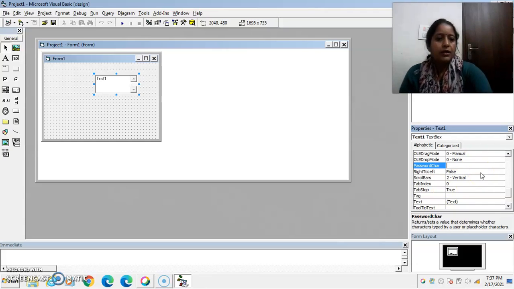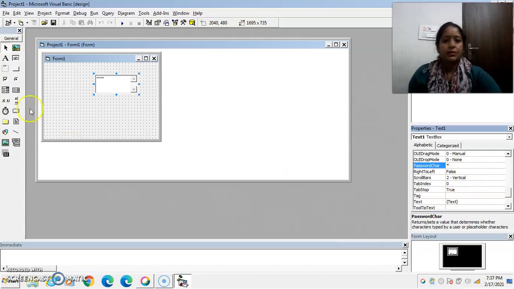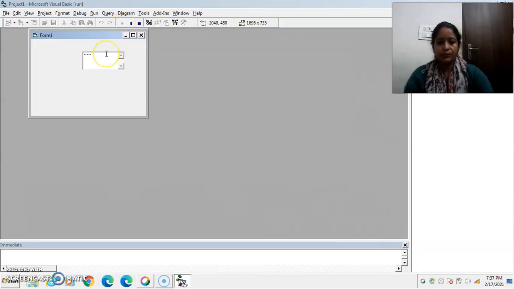If it is empty by default, it means the text entered by the user is visible on the screen as it is. But if it is set to asterisk or hash, then it will make this text box a password box.